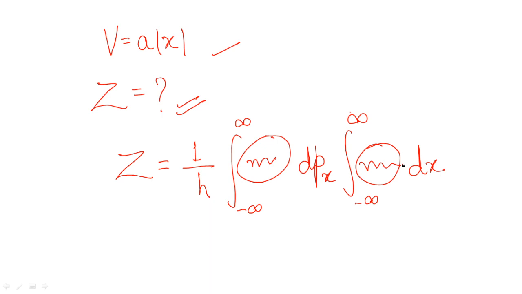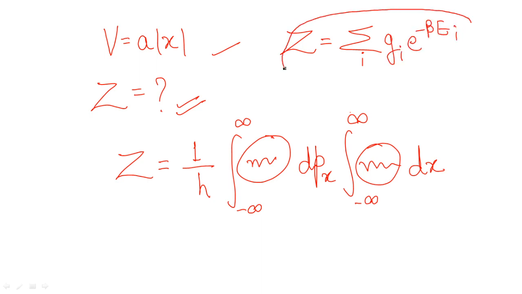So guys, when you know about the potential energy expression, you need to know about one more thing here. What is that? I will let you know. But before this, we all know about the general expression of partition function, which is so common, that is summation over i g_i e to the power minus beta E_i. Then this is the most common expression of partition function. But in this case, when the potential expression is given, how we will use it?